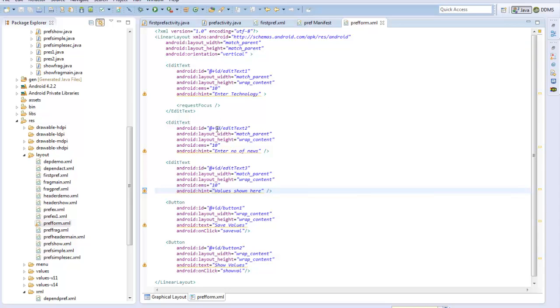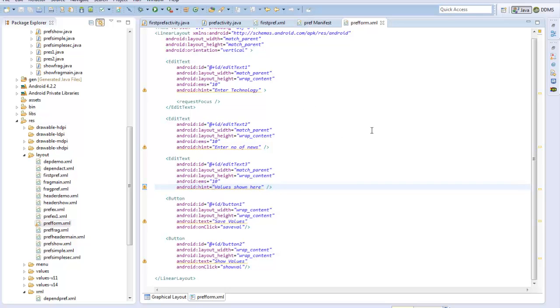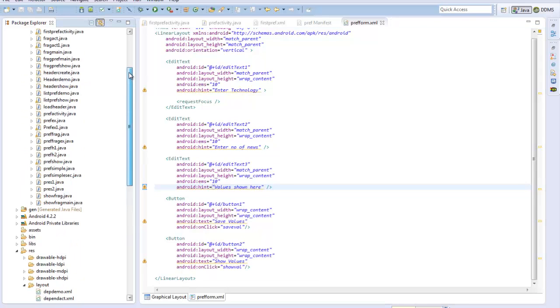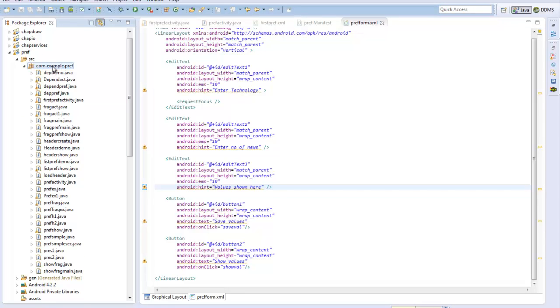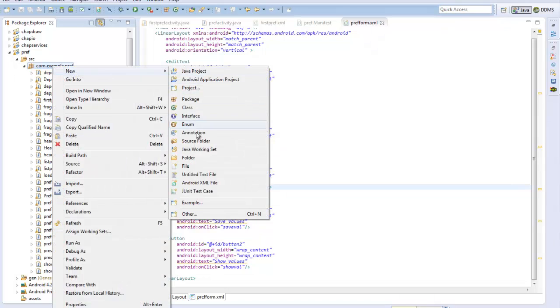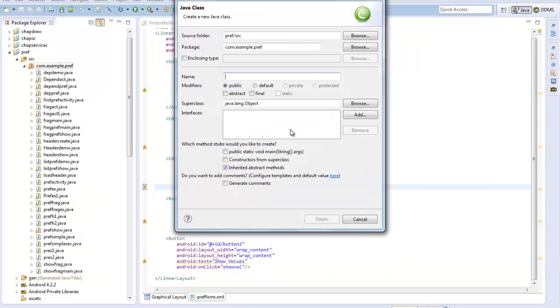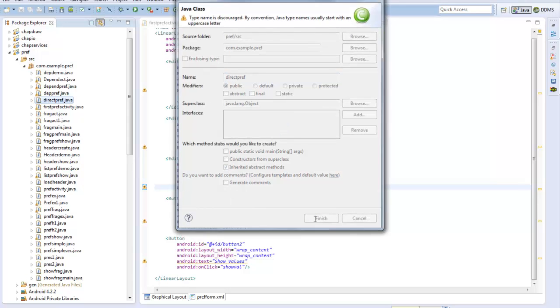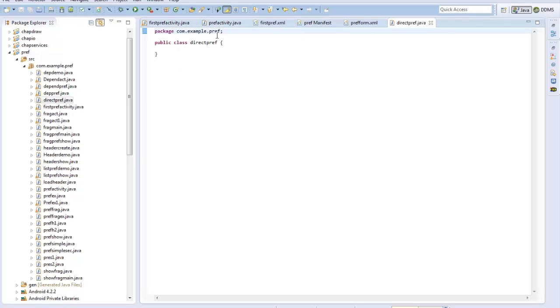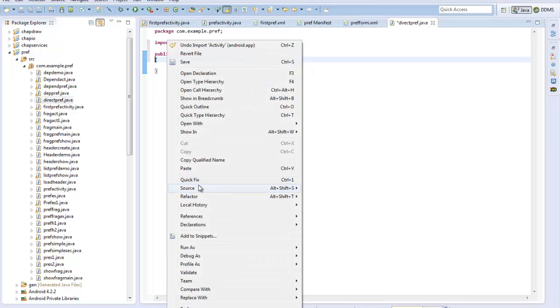We've got two text fields through which we can get the values from the user, and then we can set up those values in the preference file, and accordingly we'll show up those values to this text field. So I'll set up my activity. I'll name this as a direct pref, where we'll directly get the values and set to our preference file. So I'll extend this to activity, import it, start with my on create,